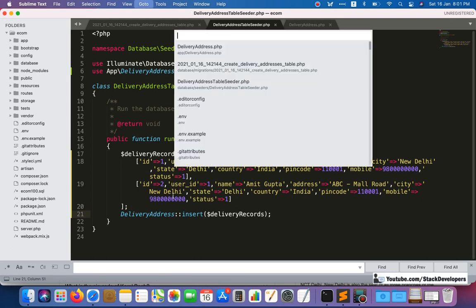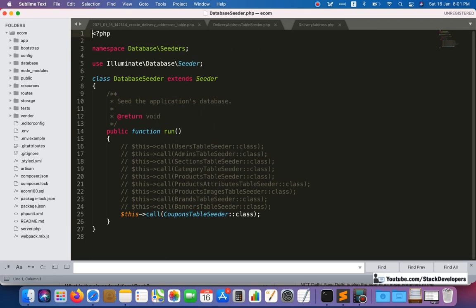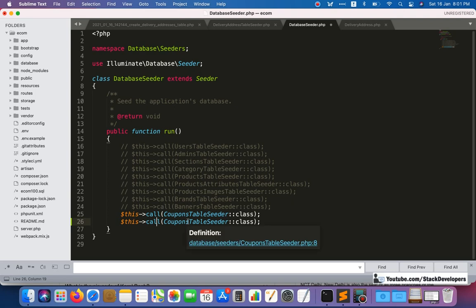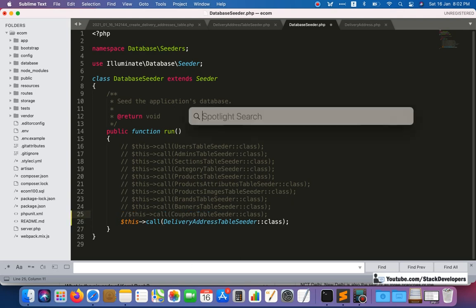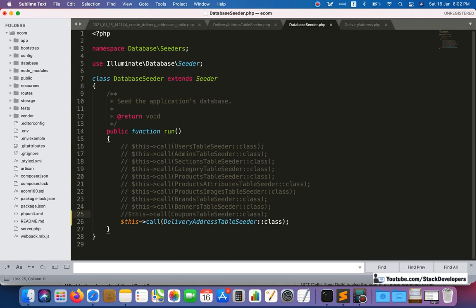Now we are going to open the database seeder file, and here we are going to add one more, and here I am going to add DeliveryAddressTableSeeder. Okay, so delivery address table seeder, and this one I'm going to comment. So now it is fine.